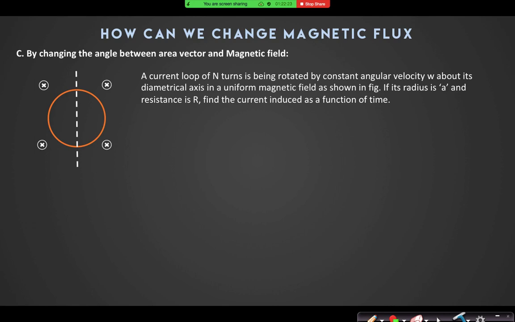But there is also another method to generate the electric field. So we will now study in depth why the electric field is being created. If I am changing the magnetic field, why is the electric field created? And from there we will try to understand the entire concept of induced EMF.